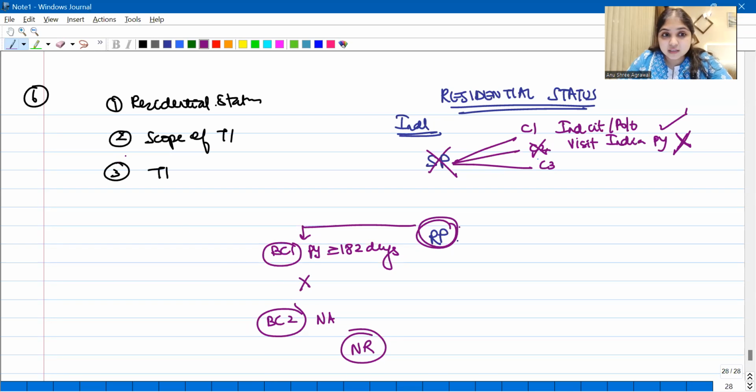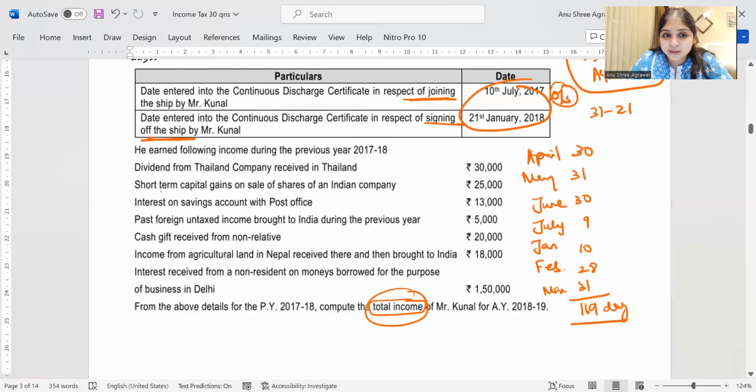What can I conclude? I can conclude that my assessee is a non-resident. So the residential status is clear: he is a non-resident. What is the scope of total income? What kind of incomes will be taxed? Only Indian incomes, that is, incomes which have a source in India or incomes which are received in India. Only these incomes will be taxed. Now can we do the computation of the total income of this assessee? Yes, guys, only Indian incomes. Let us compute the total income. We'll go one by one.